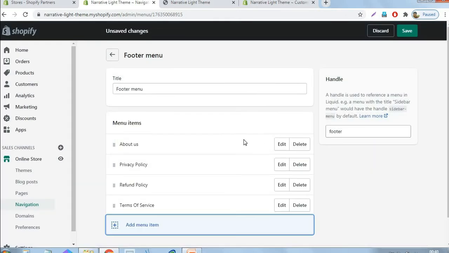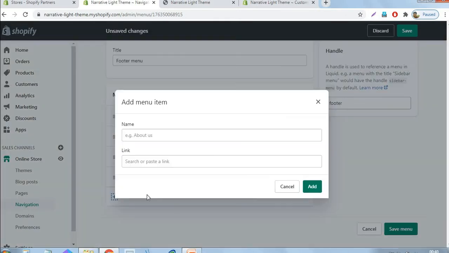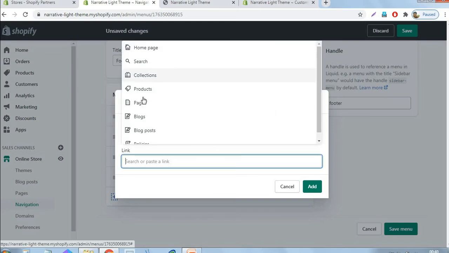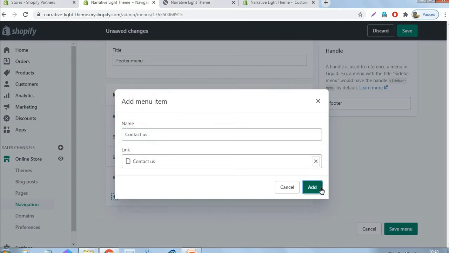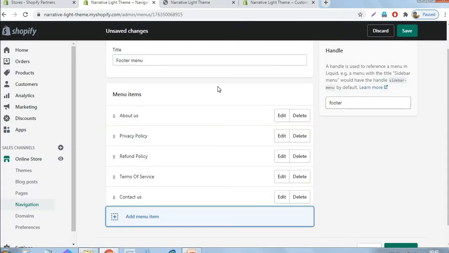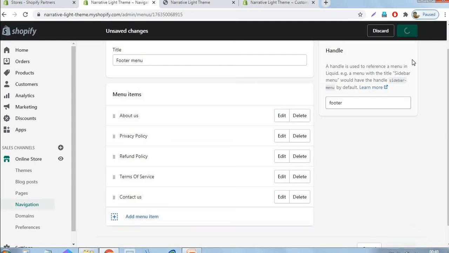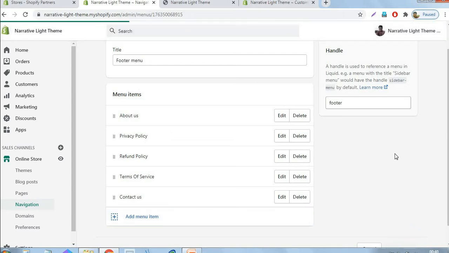The fourth one is terms of service. The last one is contact us. Okay, we added all these important pages. We will show this menu item in footer area. Okay, then after that, just click the save button. Okay, the footer menu is updated.